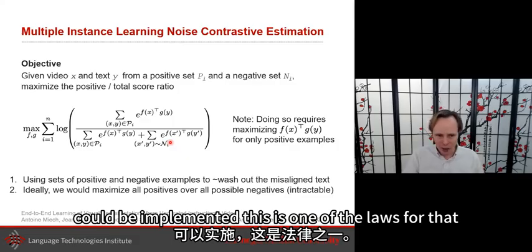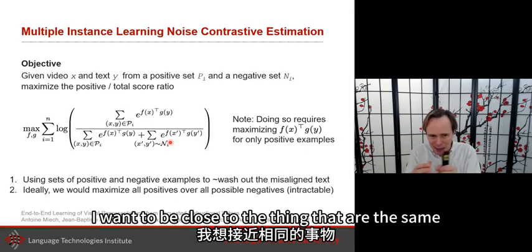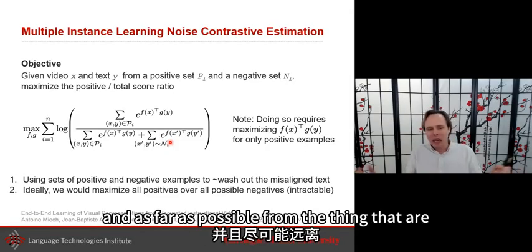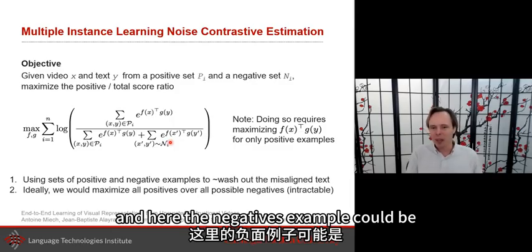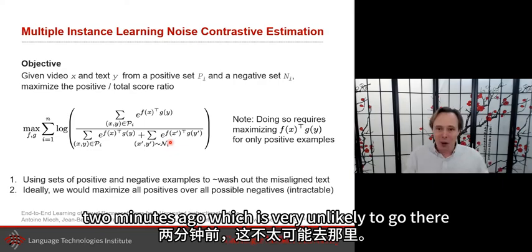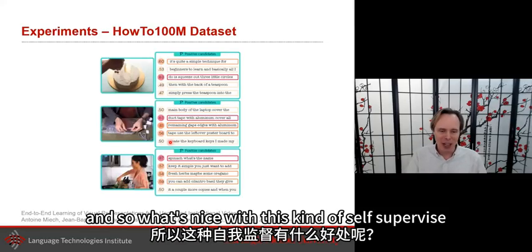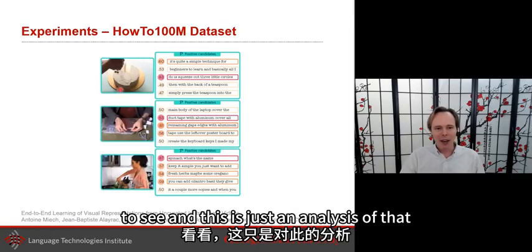This is one of the losses for that, but in a sense, I want to be close to the things that are the same, and as far as possible from the things that are the negative examples. And here the negative example could be any sentence I spoke 2 minutes ago, which is very unlikely to go there. And so what's nice with this kind of self-supervised learning is that it does allow you to see, and this